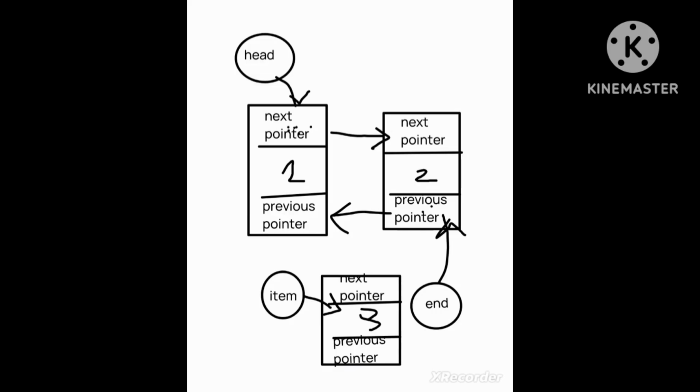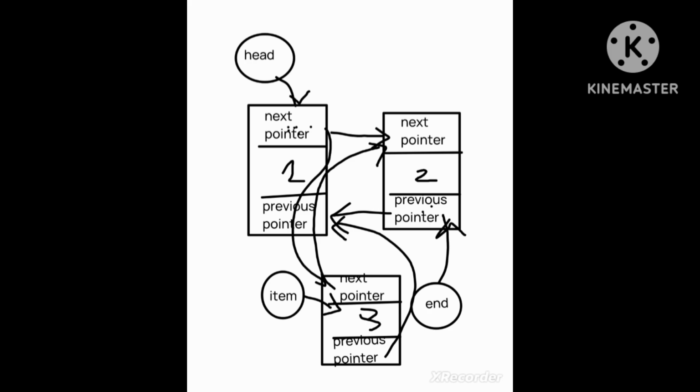In this we have to insert the third node between 1 and 2. So first of all we will consider the case of forward direction, and in forward direction we will first link the next pointer of the item node to the next pointer of the first node. Then we will link the previous pointer of the item node to the previous pointer of the next of the